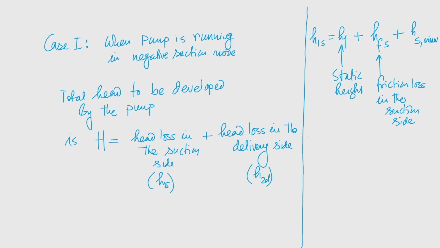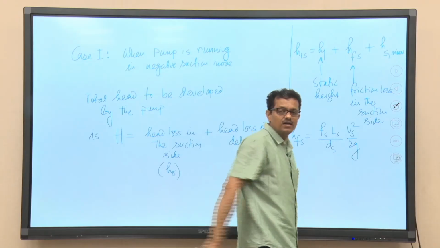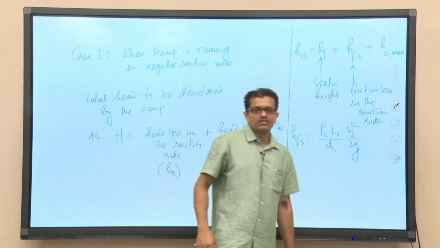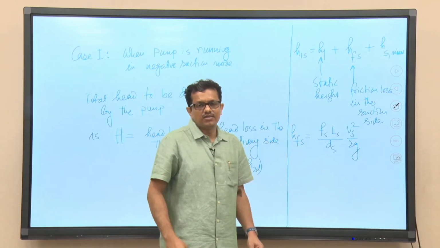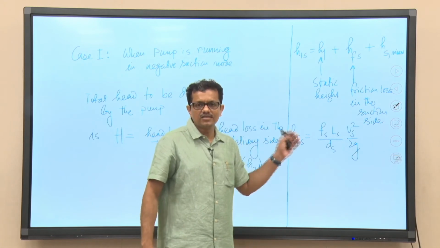Basically the static height is the height we need to overcome. Frictional losses, HFS, is equal to F suction side, length of suction side, diameter of the suction side, Vs square by 2g. So, that is what we have studied in the fluid mechanics course, the Darcy-Weisbach equation. Recommended speed of water through the suction pipeline, that I told you, should be slightly less than the velocity at the delivery side, and that is why this is required, that we